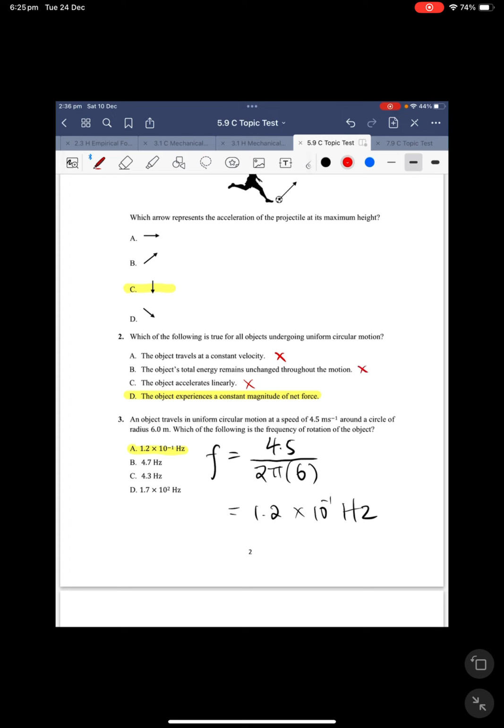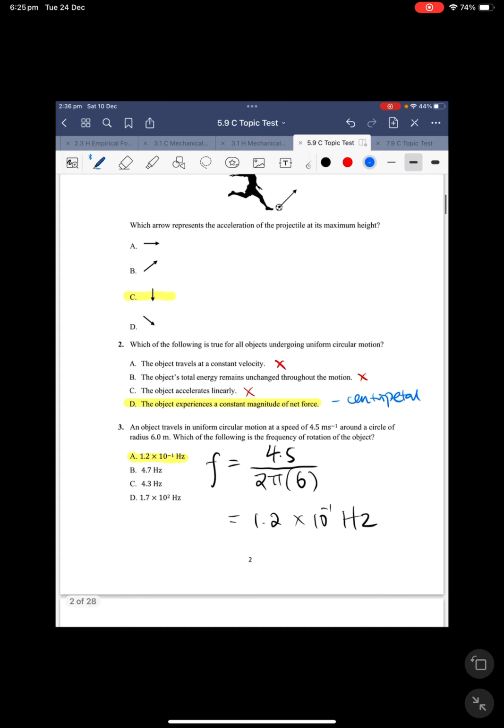But what is always true is that the object experiences a constant magnitude of net force, and this is in fact the centripetal force. Okay, question 3 says, an object travels in uniform circular motion at a speed of 4.5